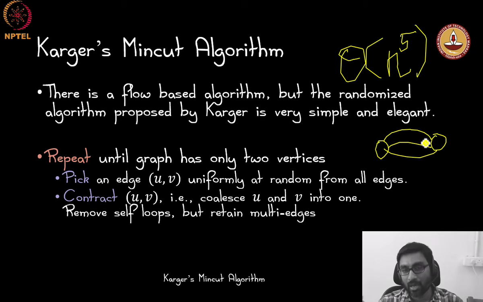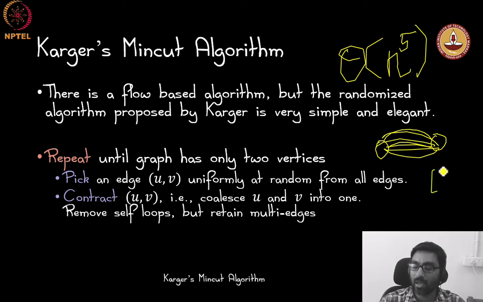Okay, so if there's two vertices between which there's a lot of edges, and another pair of vertices with only one edge going between them, the probability that this one edge is chosen should be exactly equal to the probability that this other edge over here is chosen. Okay, so pick such an edge uniformly at random,